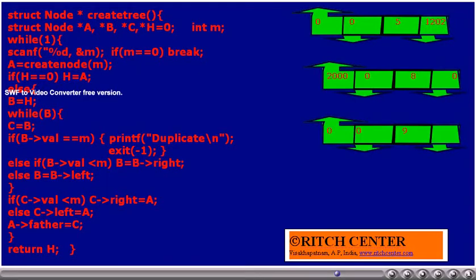Let us assume that we have entered the number 9. A new node with 9 will be created, and this has to be inserted at the appropriate location in the tree. As the new node value 9 is more than 8, this has to be made the right child of the node whose value is 8. We assume the new node address is 2026. It is written as the right of the node having value 8.